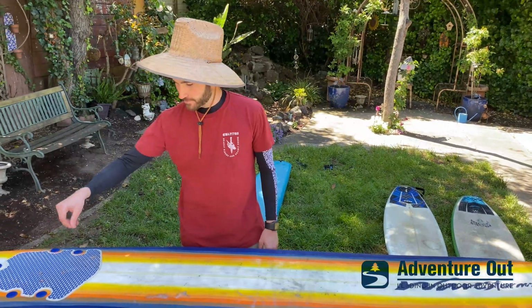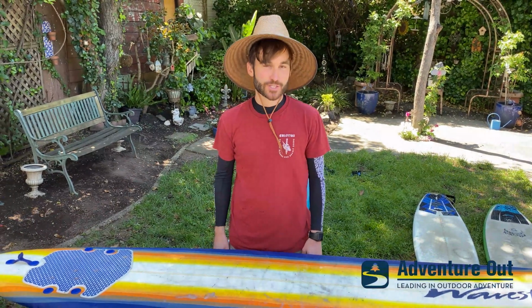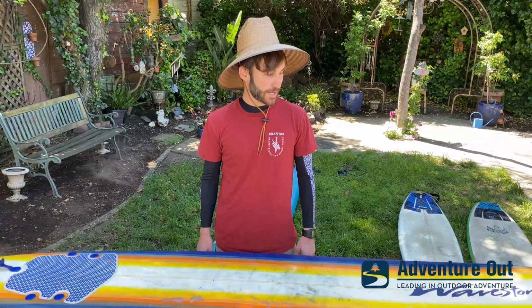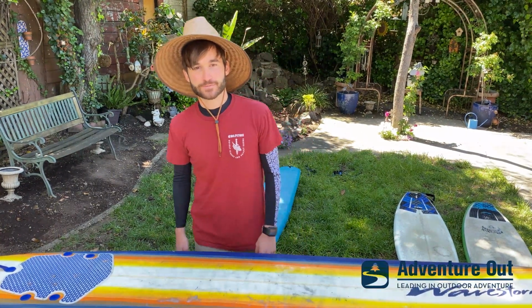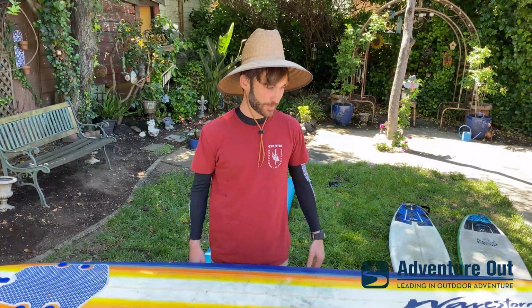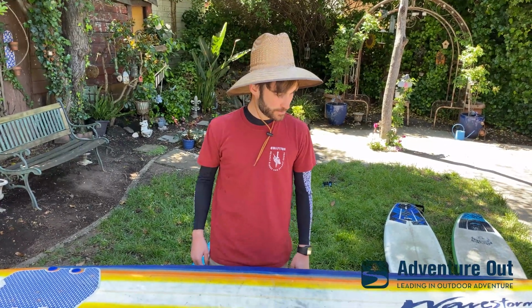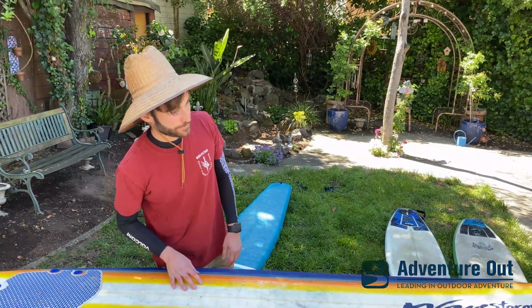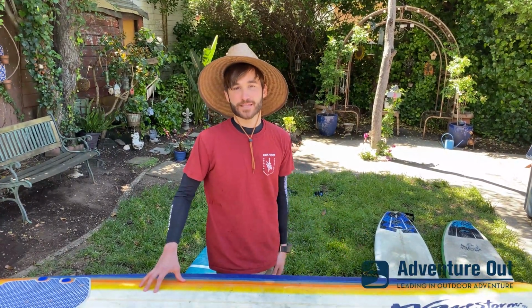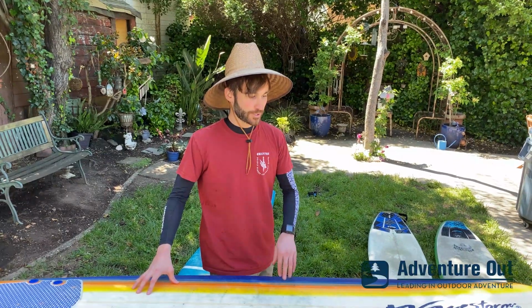Another thing with these boards is they're pretty cheap. You can go to Costco and get one of these for 99 bucks. You could buy them online for a little bit more, but yeah, they're pretty cheap. They're super durable. I drop mine by accident all the time. It's no big deal. I like lending them out to friends too. You don't have to worry about it as much. As opposed to other longboards that can range up to like $1,000 and more,